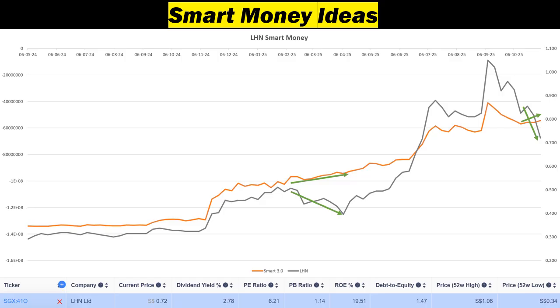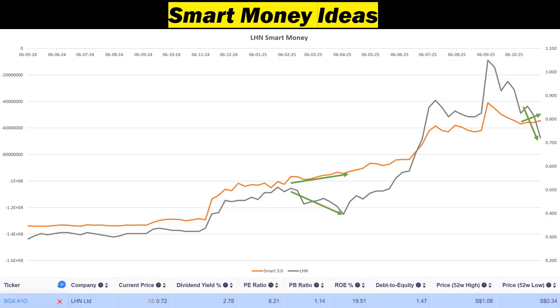Next is the smart money chart on LHN, which is a small or medium-sized stock listed on the SGX. One way to make use of this smart money chart is to look out for divergence. If you look back at somewhere in